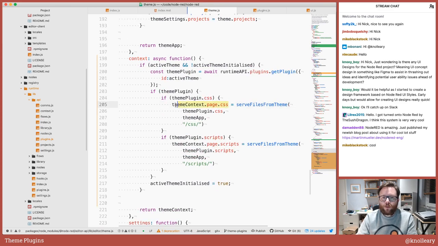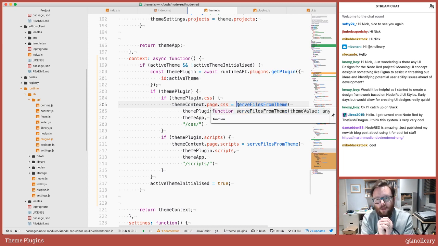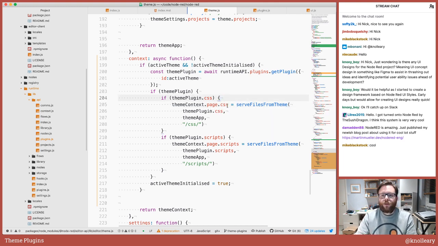So at this point, page.css might already exist and might be an array. So rather than just overwrite it, we want to concatenate the theme with what's already there. Now the question is, what takes precedence? Does the theme take precedence, or does the user specified stuff take precedence? My gut feel is the theme goes first, and then any other CSS and scripts get added afterwards. My gut feel says that that's probably the right way around to do it. So what does that mean? That means we want to,